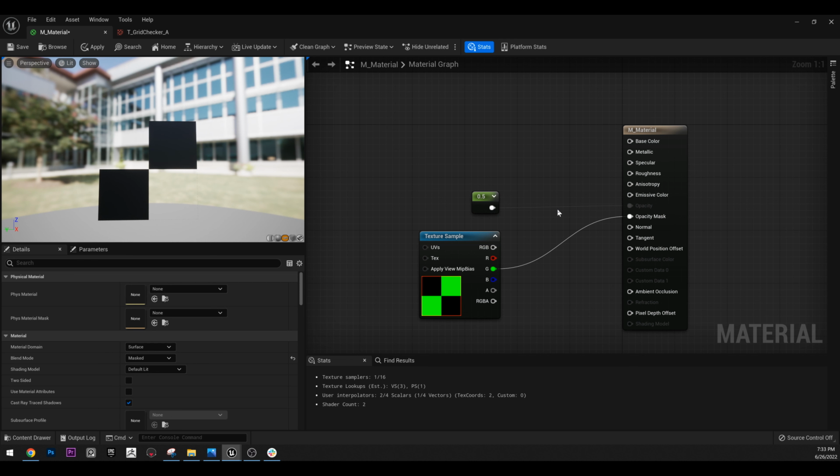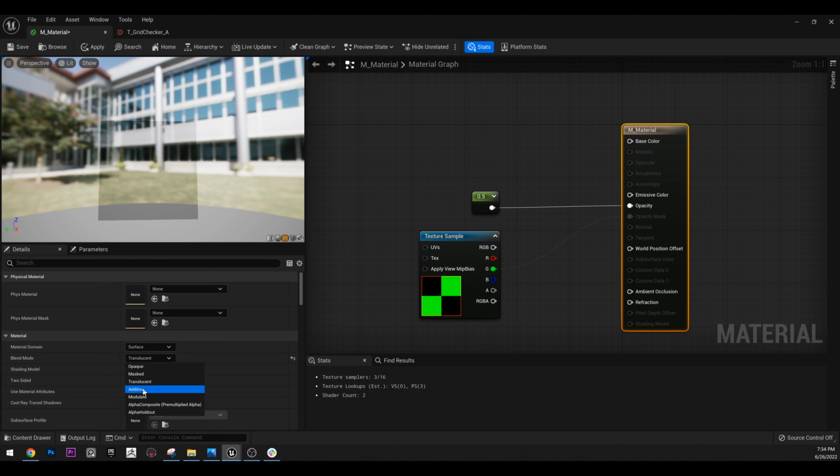And this is the difference between masked and translucent. But now we have translucent and additive. And if you see, if we just select translucent and then we select additive, nothing changed really. So with additive, we actually want,